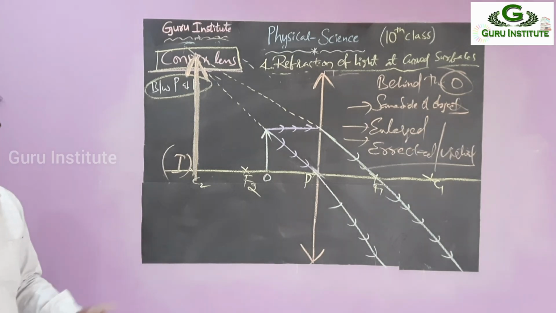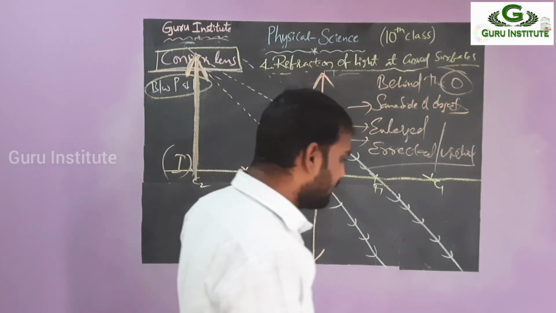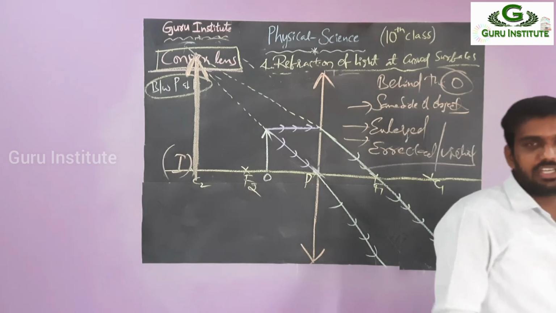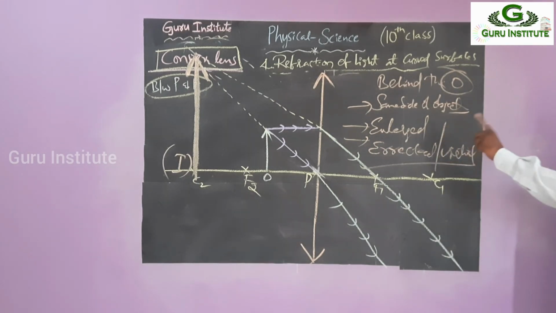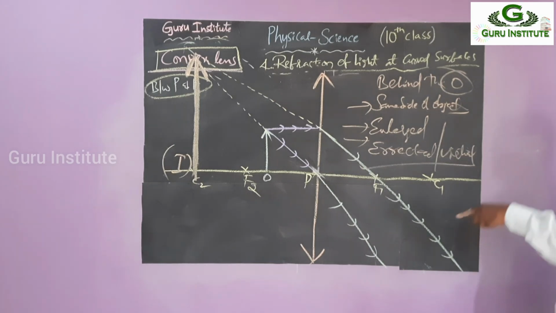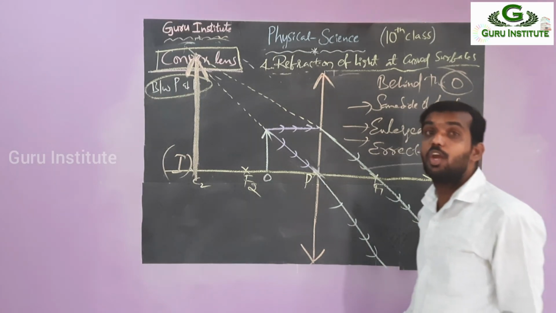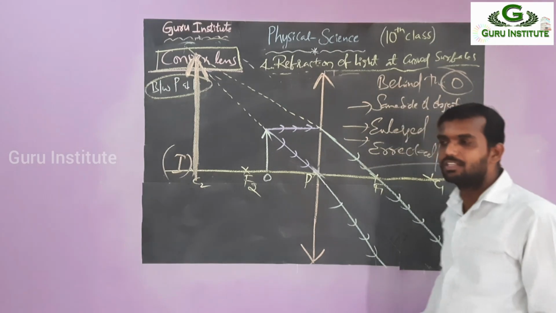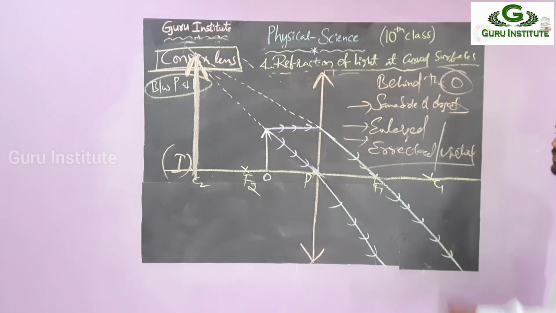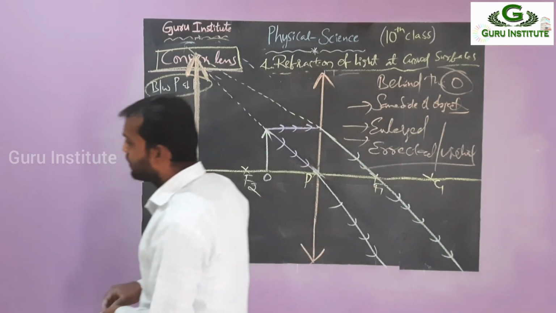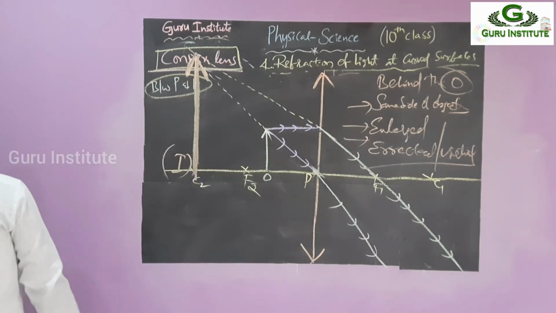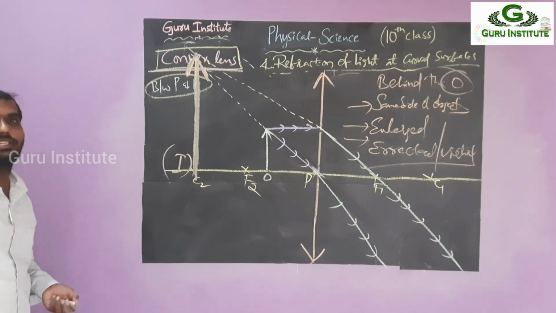Just see here. If you observe, in a convex lens, in all the cases it is inverted and real. At focus we can't say, but this is a special case. In this case, it is an erected image. Same to same, which one? Concave mirror. In concave mirror, in all cases the image is inverted, except the case between P and F, where it is erected. This is also like that only. Alright? So this is about the convex lens. Observe these pictures.